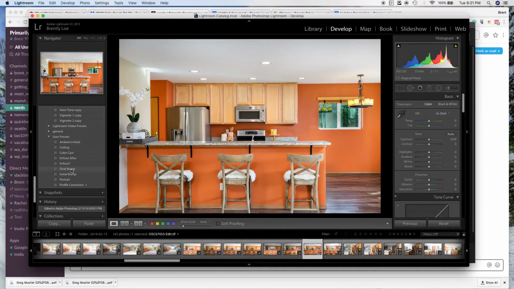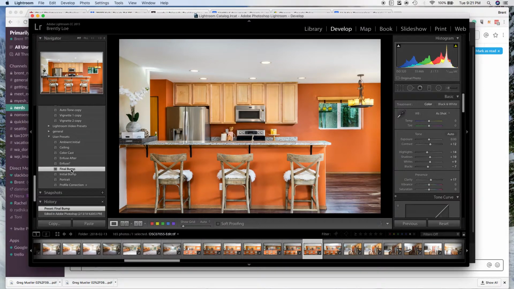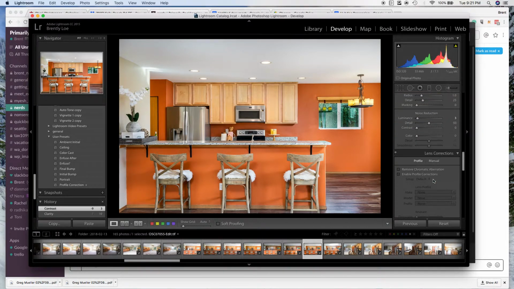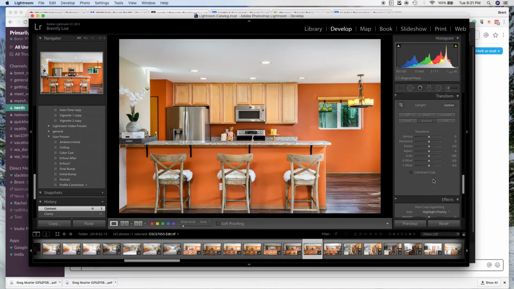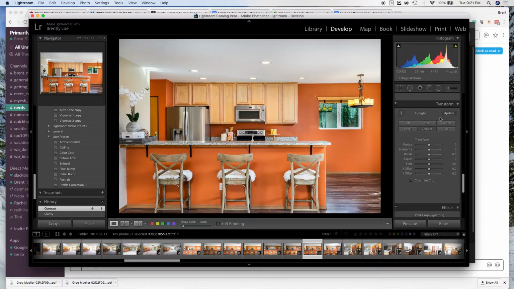So we're going to go ahead and do the final bump, which is just a little more clarity. I'm going to bring down the clarity on this a little bit, and maybe a little bit less contrast. And go down here. This is where I mess with the transform. I've got my final bump set to